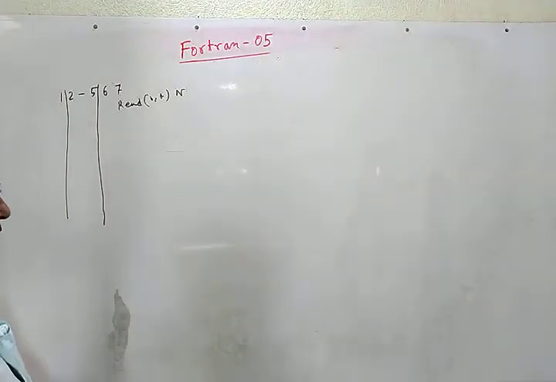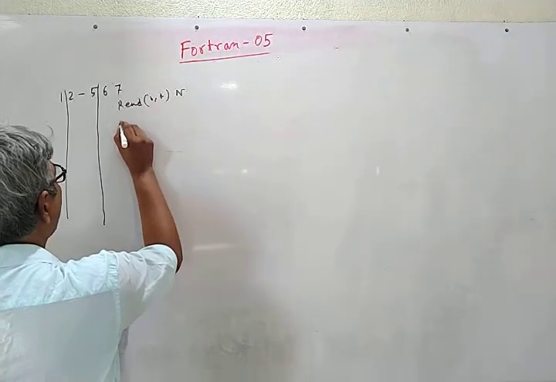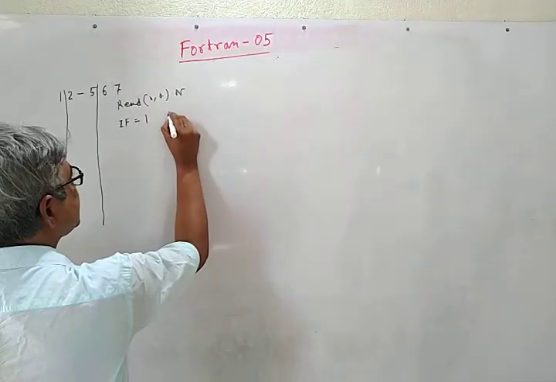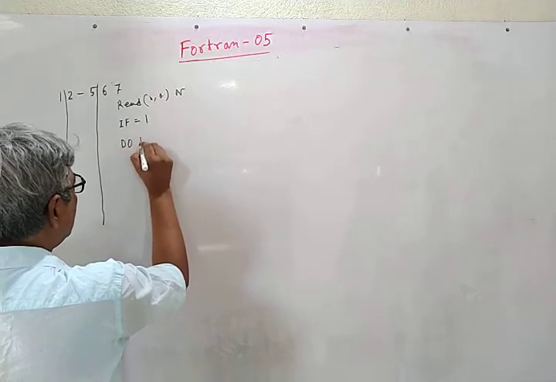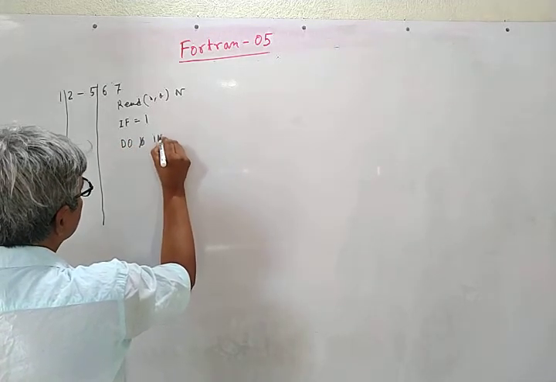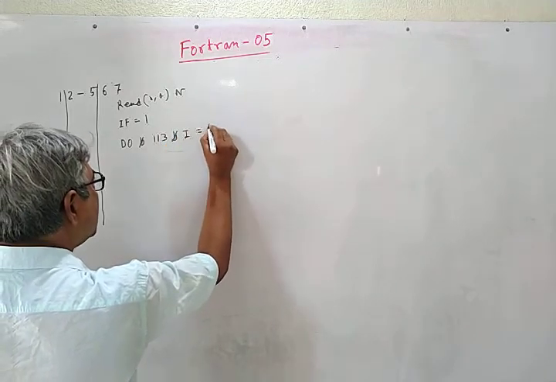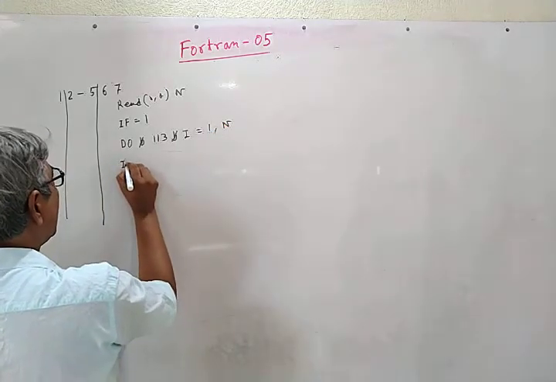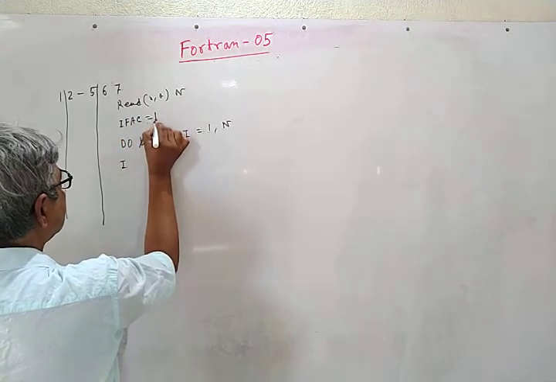Since the factorial of an integer is an integer also, I write I fac is equal to 1. Then I write do